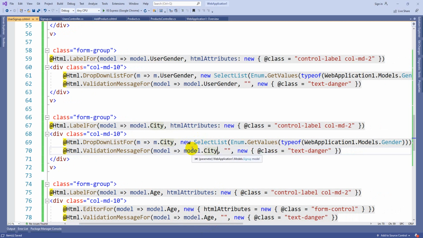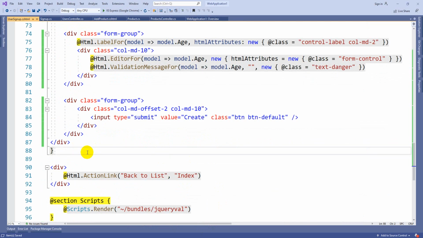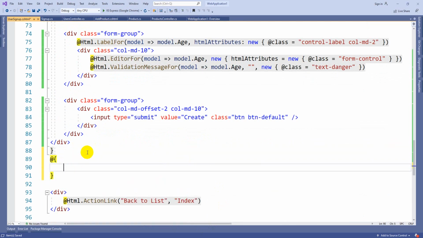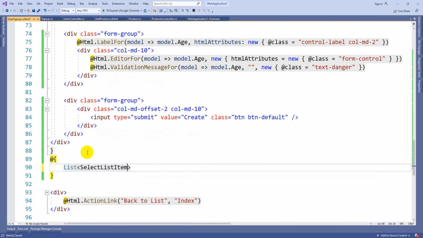to create a select list item manually, anywhere in the view. So I am going to write like this. Here list of select list item, suppose cities equal to new select list item.